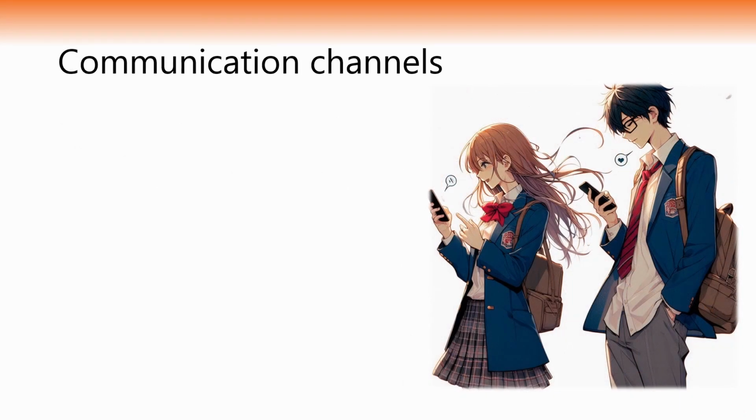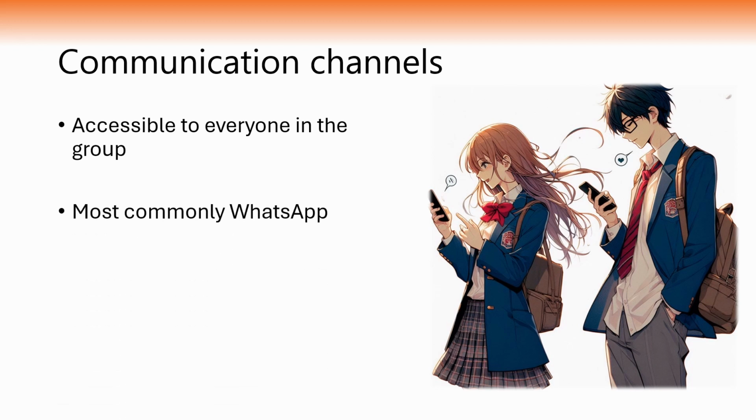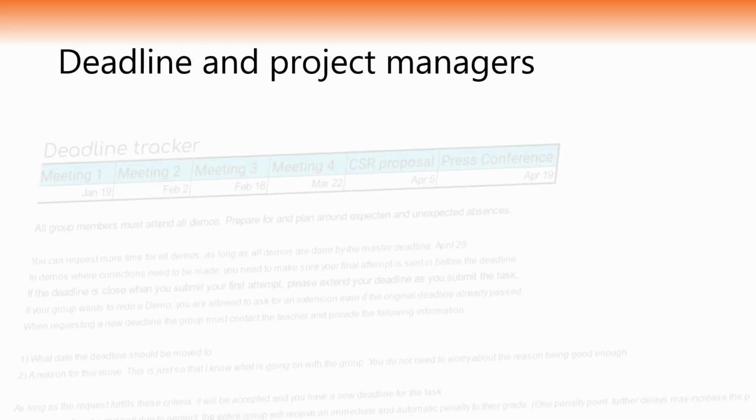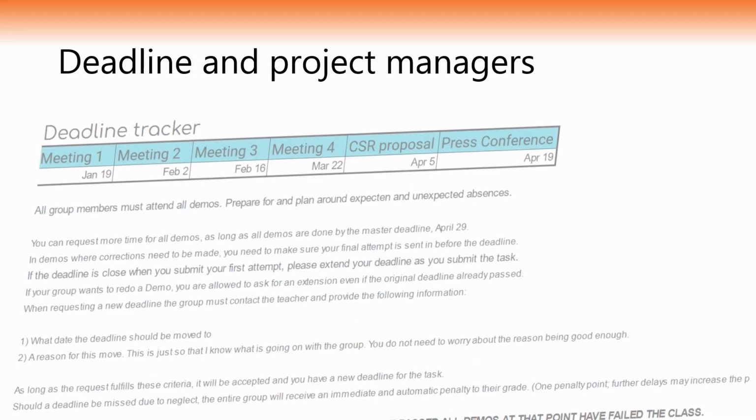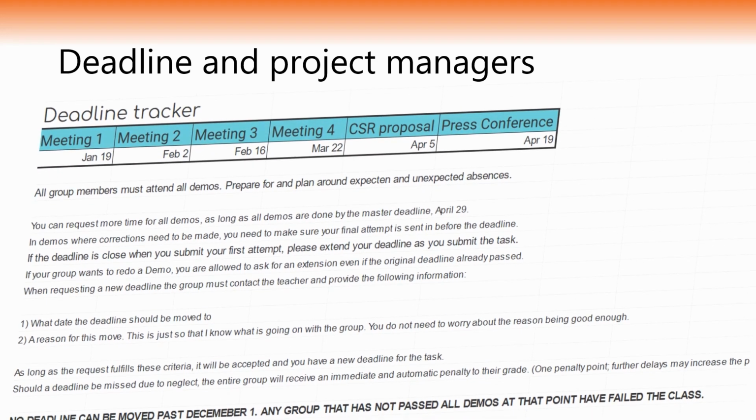In the second part, the team should present how they have decided to stay in touch. It is critical that the team find a method of communicating that is accessible to all team members. At the time of recording, the most common way teams stay in touch is by creating a WhatsApp group. They also need to explain how they aim to keep track of deadlines. Deadlines and the management of the flexible schedule in this course will be discussed in a later video. In the second part, they also need to appoint a project manager for each project in the course.